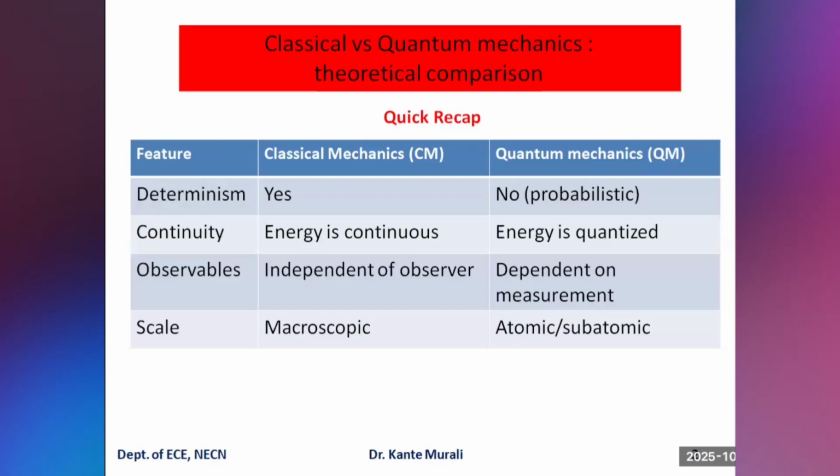Classical mechanics, developed by Newton, deals with large-scale macroscopic objects like a car moving or a ball falling under gravity. Whereas quantum mechanics explains the behavior of extremely small particles like electrons, atoms, and photons. For example, if you throw a cricket ball, I can predict exactly where it will land. But if I study an electron inside an atom, I can only say where it is likely to be, not exactly where. That is the key difference of certainty and probability.